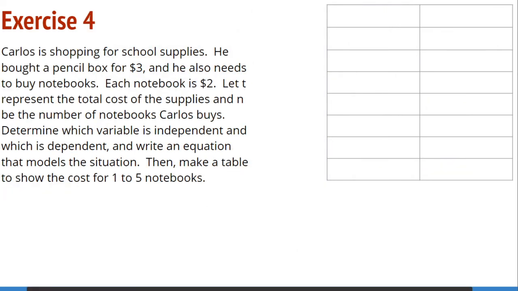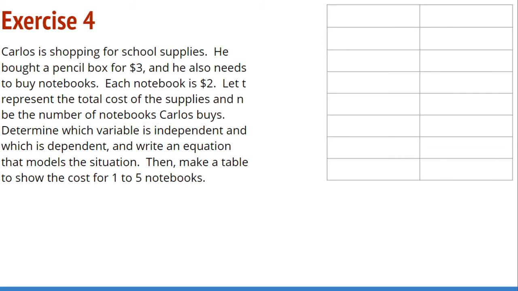Let's look at exercise 4. Carlos is shopping for school supplies. He bought a pencil box for $3, and he also needs to buy notebooks. Each notebook is $2. Let T represent the total cost of the supplies, and N be the number of notebooks